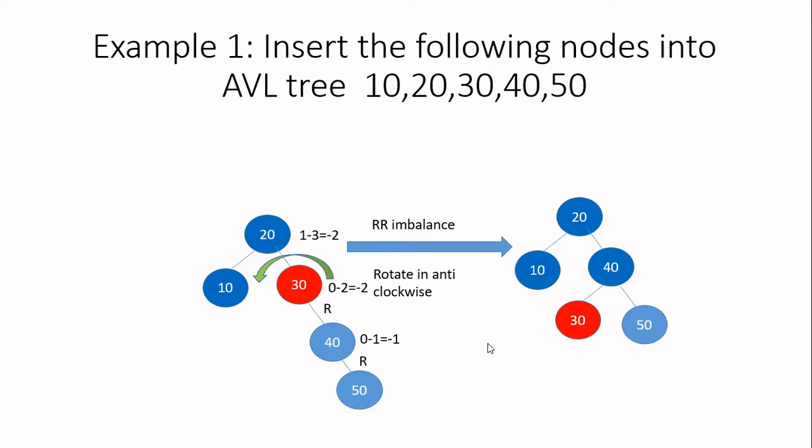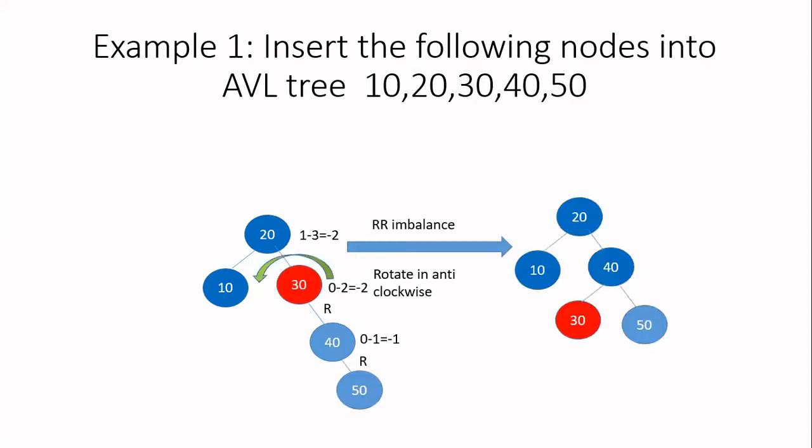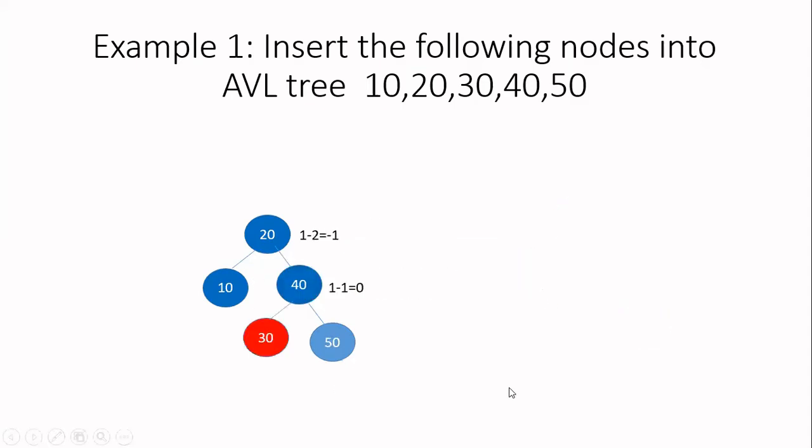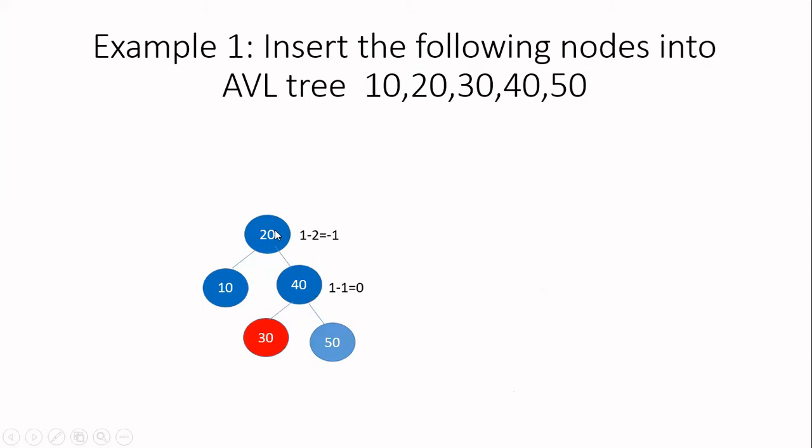Now, let us see how to insert the next node. So now what we have seen is we have converted this tree like this. Now let us see the balance factor. When you consider the balance factor, for all the nodes, balance factors are now changed. Previously, in the previous slide, for two nodes, balance factor was -2. But you have done balancing only with respect to 30. But now we can see here, after balancing is over, the 20 is also balanced. Previously, it was unbalanced. But now we have done balancing with respect to 30, but automatically 20 is also balanced. So this is how we are going to perform insertion in case of AVL tree.